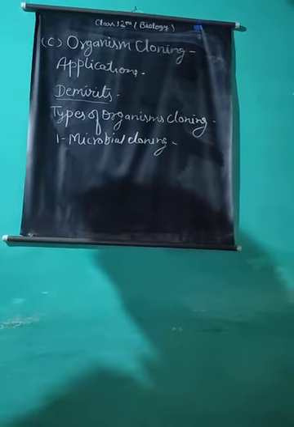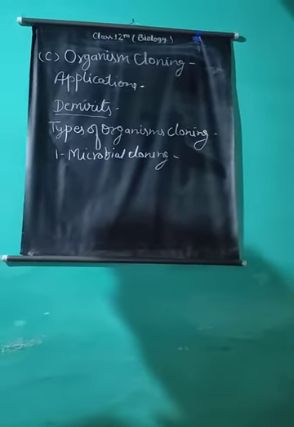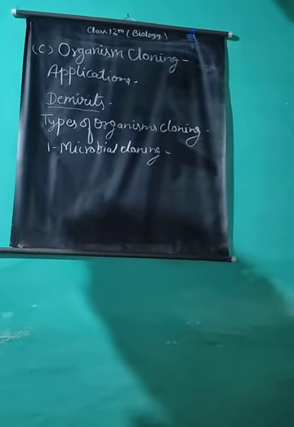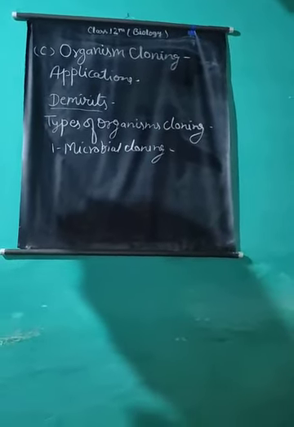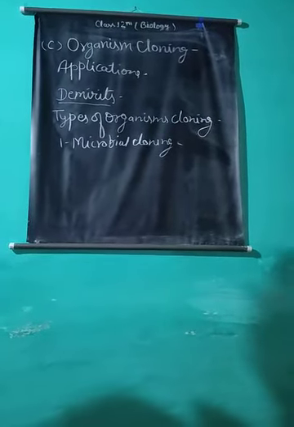Microbes have been used from ancient times to produce many substances such as alcohol, vinegar, curd, etc. The field is now broadened and a variety of genes are inserted into the genome of microbes with the help of recombinant DNA technology to get different types of products. Different types of products obtained by microbial cloning are